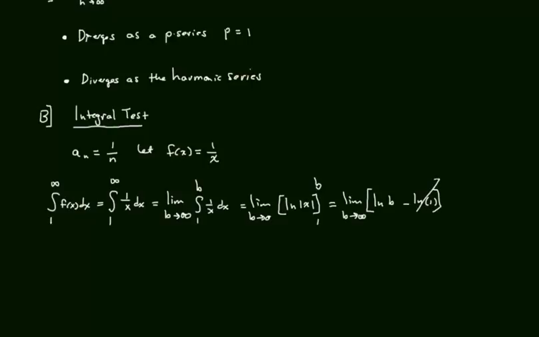Well, the natural log of 1 is 0, and the limit as b goes to infinity of the natural log of b grows without bound. So this approaches infinity. That integral diverges, which will tell us that the series also diverges. So let's finish this out by saying, therefore, the sum from 1 to infinity of an, notice in the formal test I do a lot more notation, the series from 1 to infinity of 1 over n diverges also